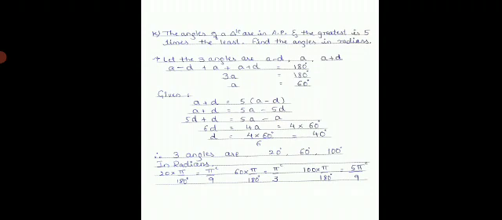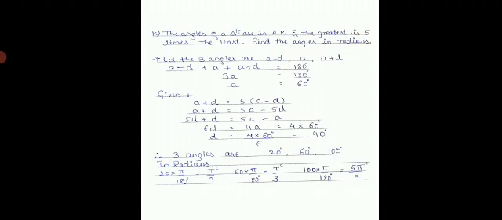Now, substitute the value of A that we have found just now, so D is equal to 4 into 60 divided by 6. 6 ones are 6, 6 tens are 60. 10 into 4 is 40 degrees. That is, the value of A is 60 degrees here and the value of D is 40 degrees.